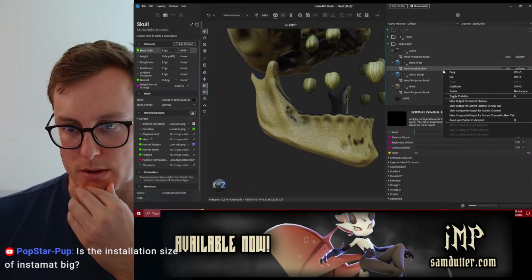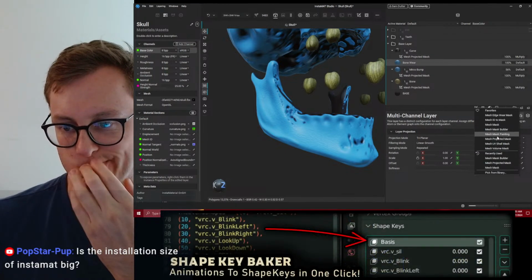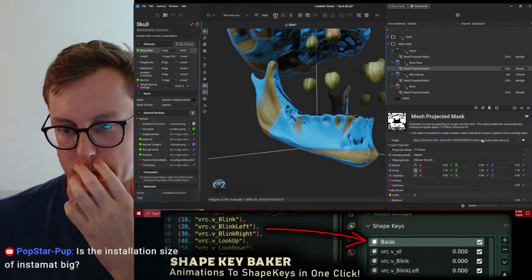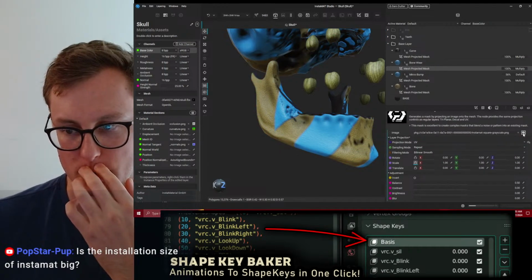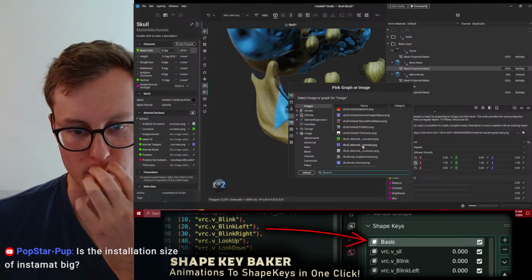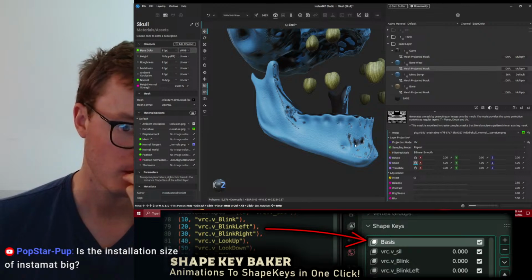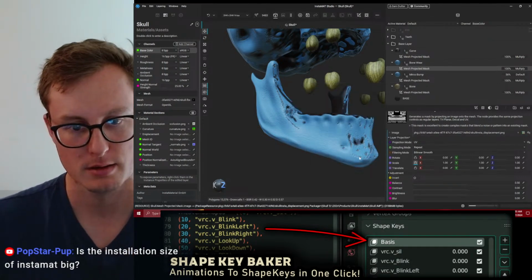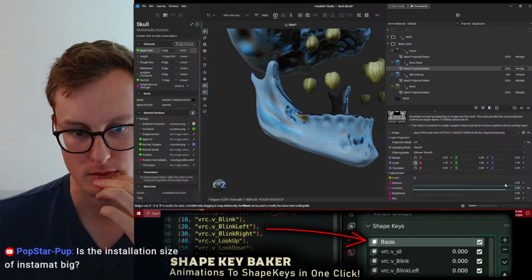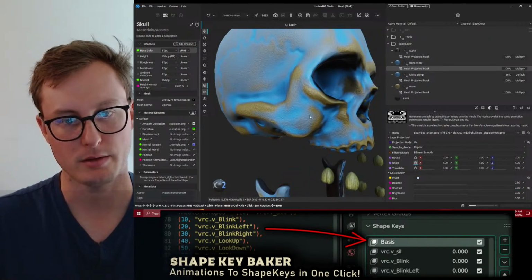Let's get rid of the mask. Add a new layer. We'll do projected UV and give it our package curvature. Here. No, I could use the displacement instead. That'll give me a bit more stuff. Yeah, like that. And that'll give us our mask.